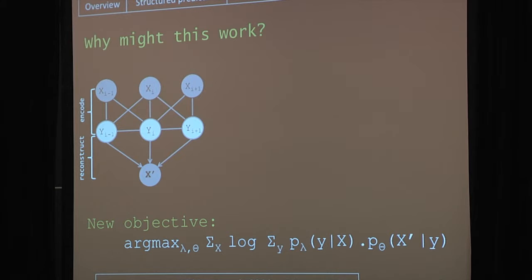So before I move to results, I'd like to share a few thoughts about why we think this might work. First, note that the hidden layer consists of variables in a smaller space than the input variables. So in sequence labeling problems, for example, it's typical for the number of unique labels to be much smaller than the number of unique observations. So when we maximize the conditional probability of regenerating the correct observation via the hidden layer, which lives in a much smaller space, we are necessarily creating an information bottleneck and pushing the model to find regularities.